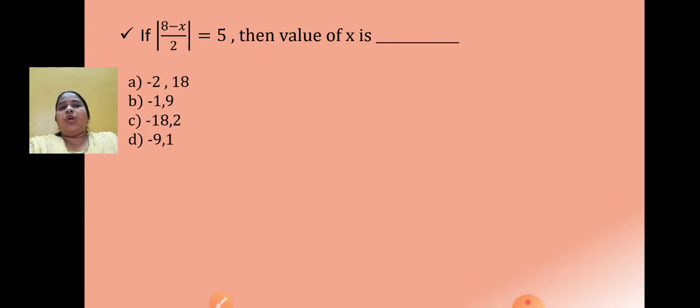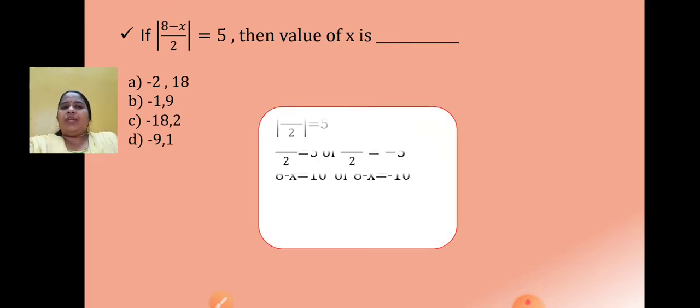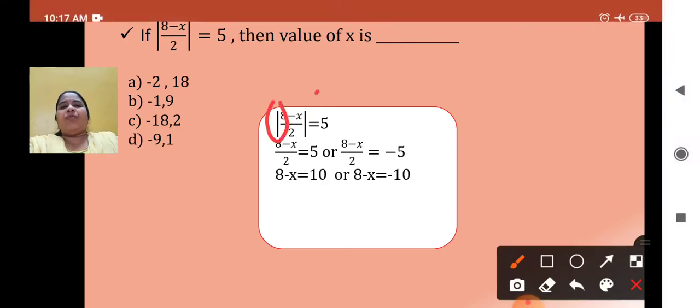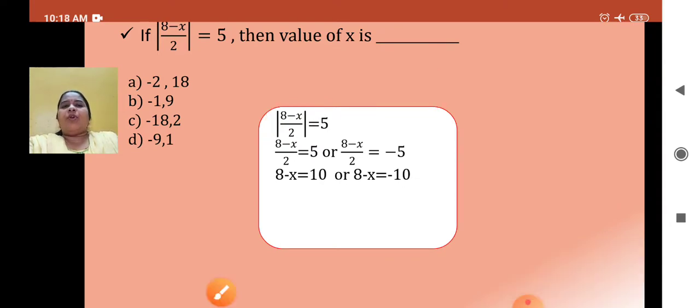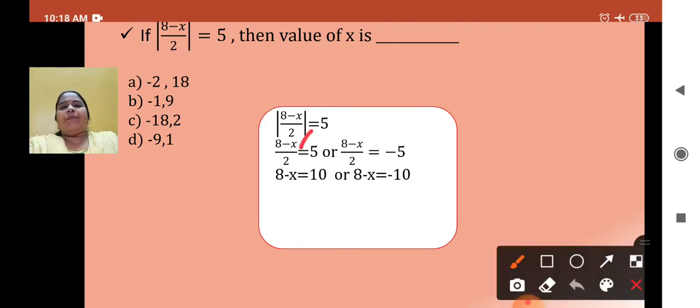Now we really need to work out. Orally we can't find out the answer. So this is a 2 mark question. Let's see the steps. I hope you remember this. When we take this number out of the mod sign, we always take two values of this. It is plus or minus 5. Okay. So see, (8 minus x) upon 2 is equal to, once I am taking plus 5, once I am taking minus 5. Now this 2 will go here and multiply both the cases. It will be 8 minus x is equal to 10 and 8 minus x is equal to minus 10.